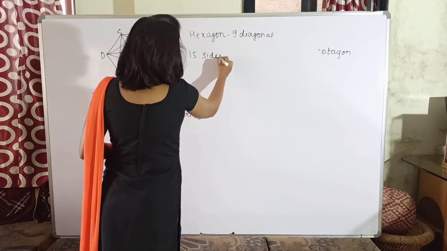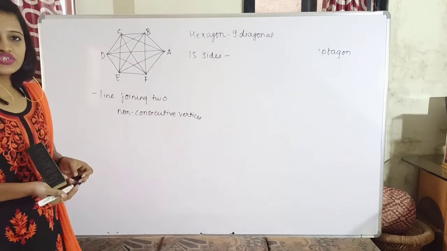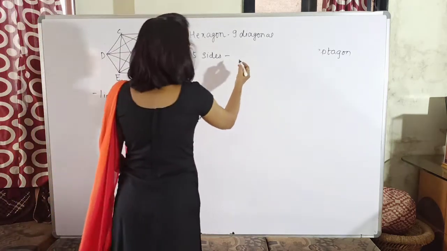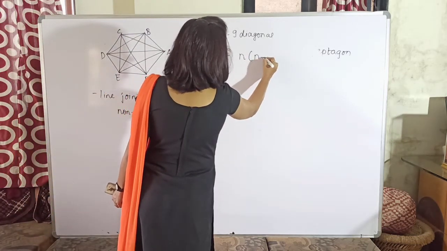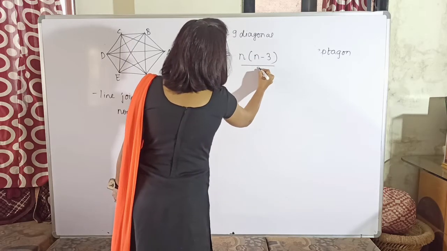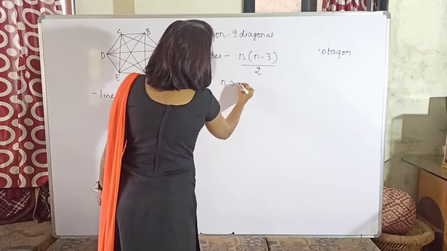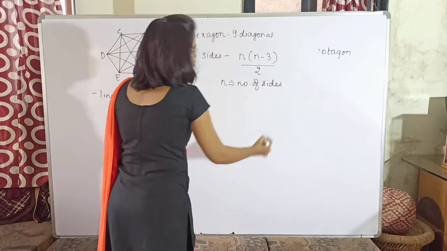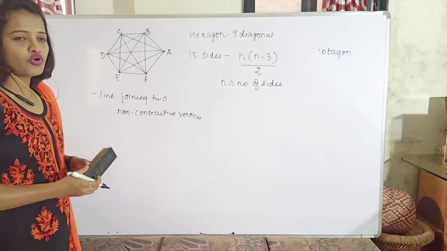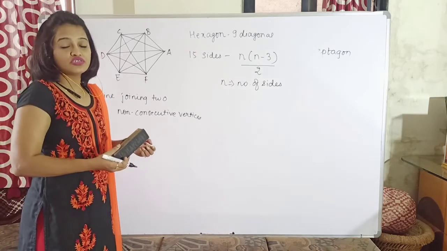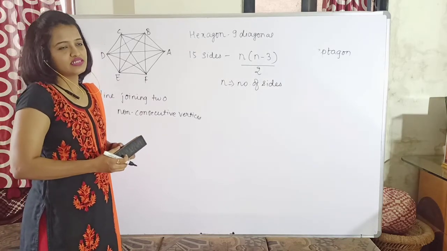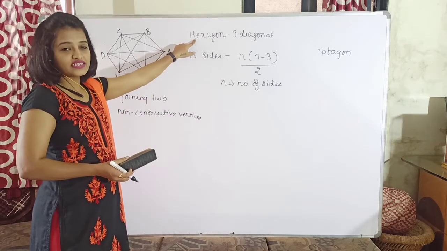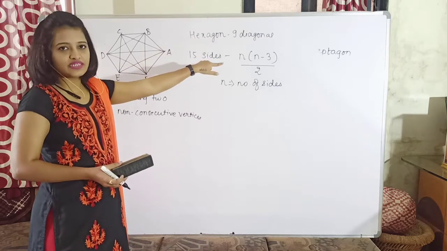Now what if the polygon has more sides, say 10 or 15? Can I directly tell how many diagonals it has, without drawing the figures and without actually drawing the diagonals? Yes, you can tell. The formula is n(n minus 3) divided by 2, where n is the number of sides. Whatever the sides are for that respective polygon, from that you can find out how many diagonals it has. Now let us check in case of a hexagon. How many sides does it have? It has 6 sides. So let us replace that n with 6.